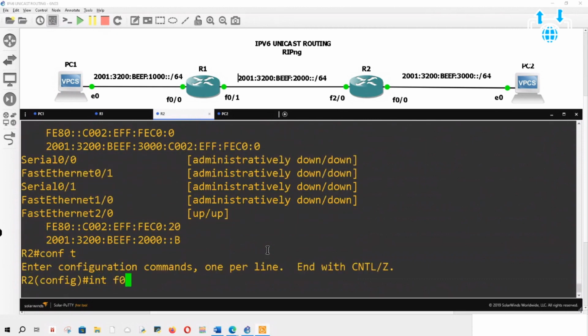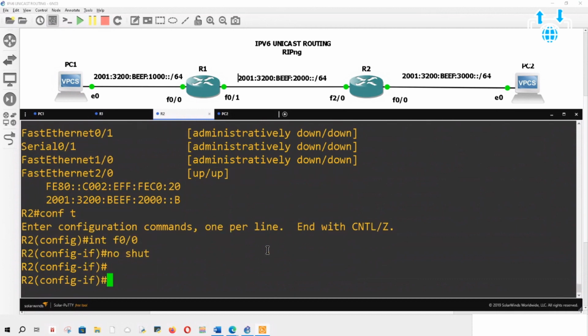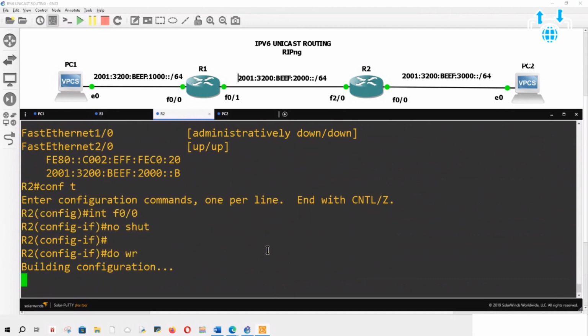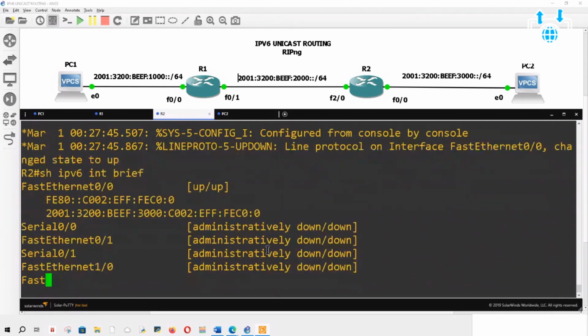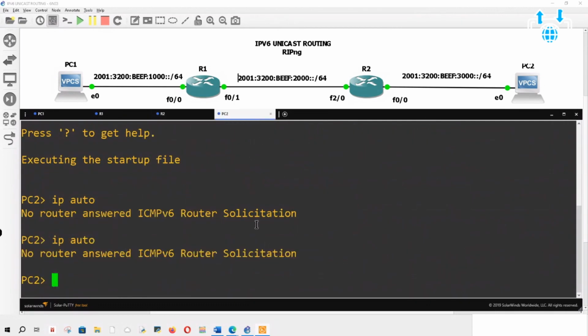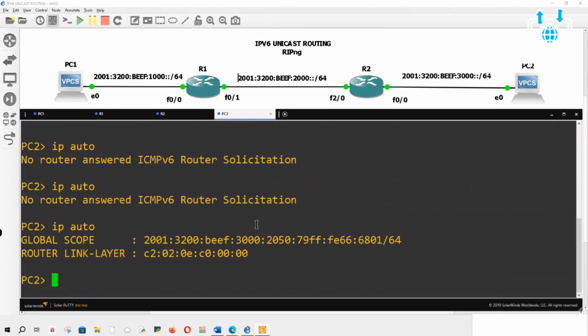Interface F0/0. No shut. French, by the way, for those of you who didn't know. Show IPv6 interface brief. There you go. Up arrow. Lovely. There it is right there. All right. So we got IP addresses. Oh, let me get back in here. All right. So we got IPv6 addresses all the way across. We did one using the EUI-64 format or SLAAC. Okay. And then we have a static addressing in between the two routers 1 and 2.